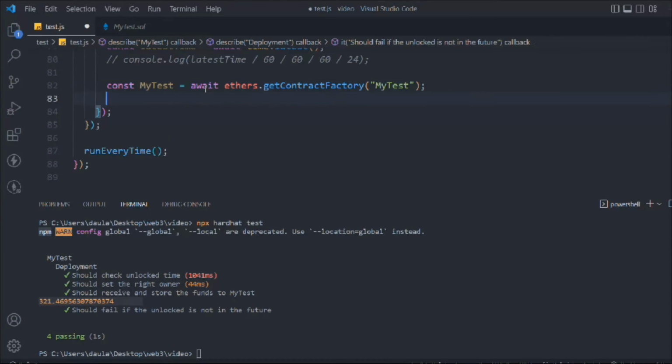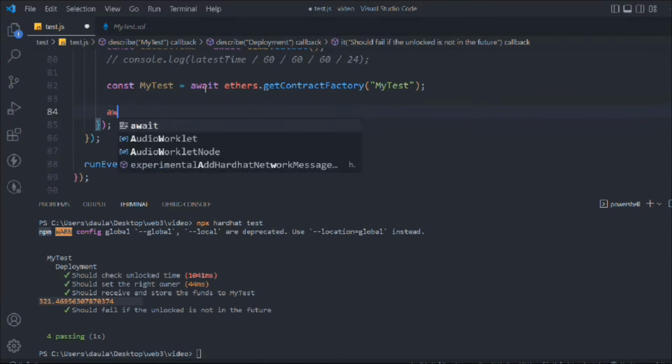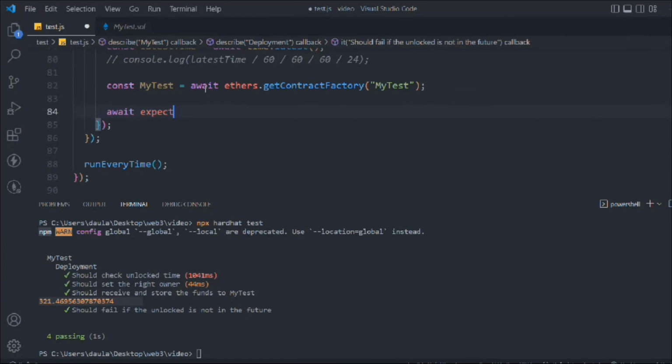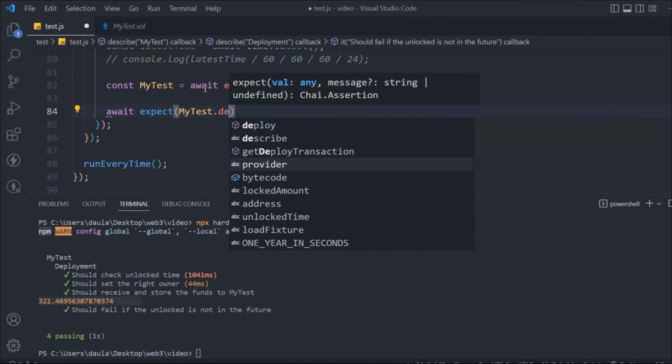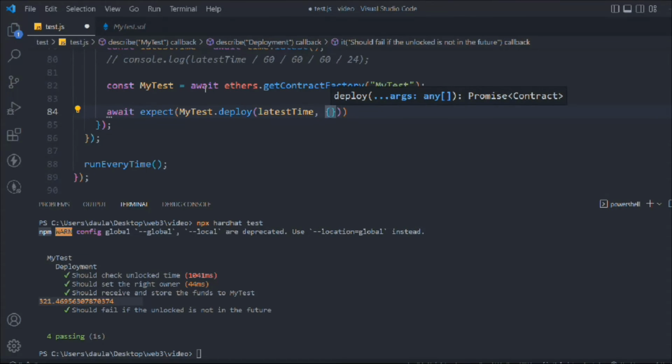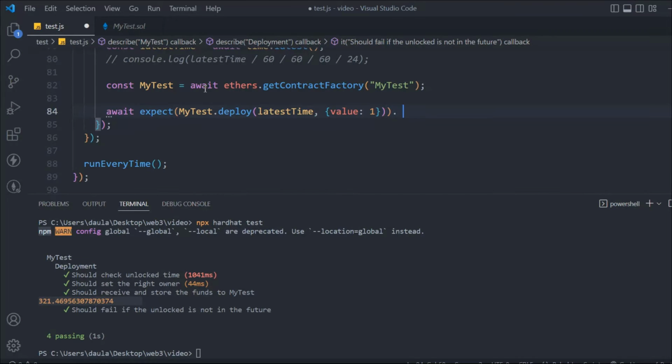Now we have to simply take another variable and we're going to call it, let's say, await. So we can do it directly, test. Okay, we're going to say await expect deploy. We have to call deploy, and in that we have to pass the data. What we have to pass is the latest time and the value. The amount we have is 1, and we're going to simply compare it out to